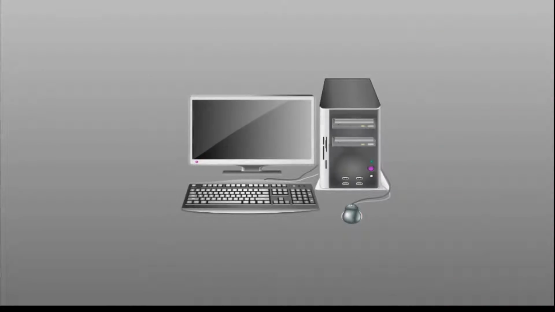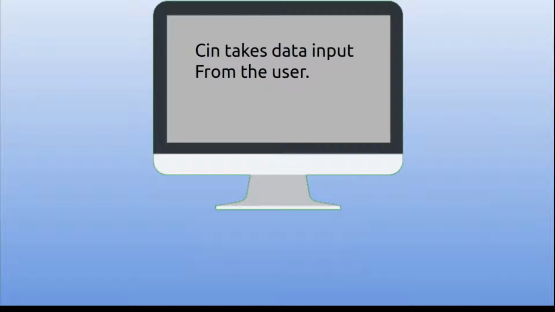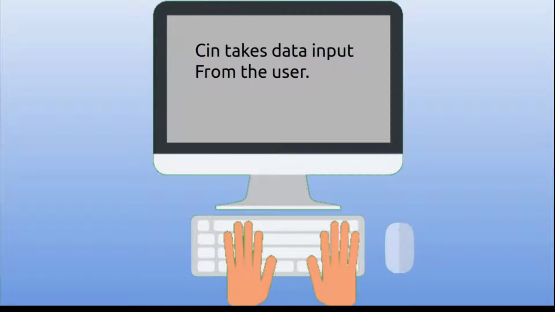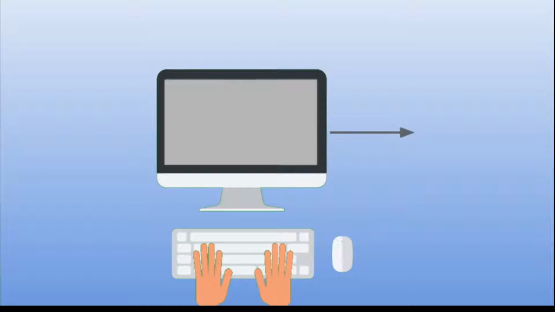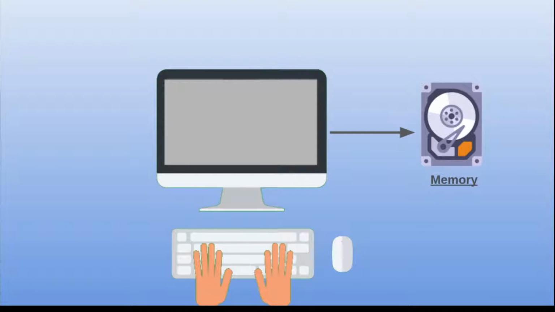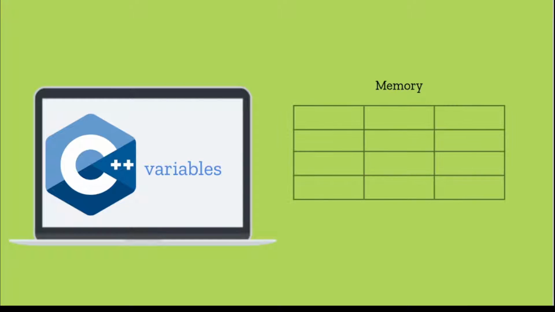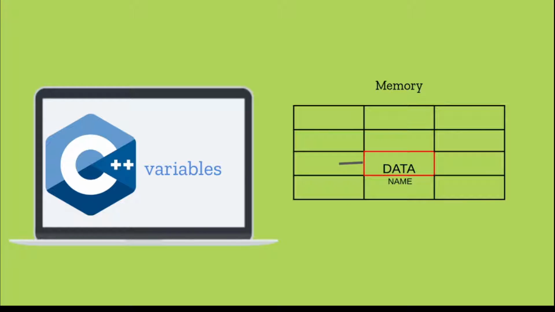As we know, a computer is a machine which takes data input from the user and gives output according to the given input. In C++ programming also, we normally use cin to take input from the user. The data given by the user should be stored in memory. If we can give some name to the memory we have allocated where we store a particular data, then it will be useful for us to access it, rewrite it, remove the data from it, or use it again. We call the memory space a variable,